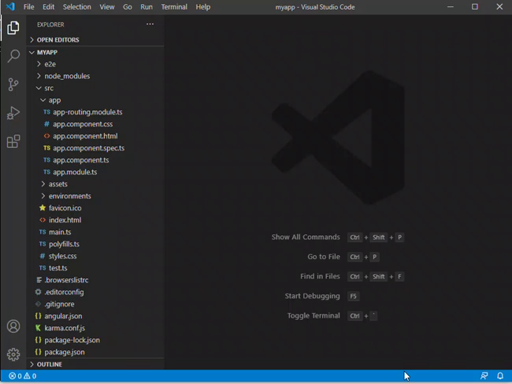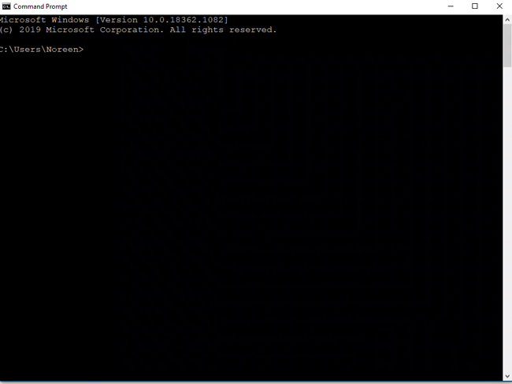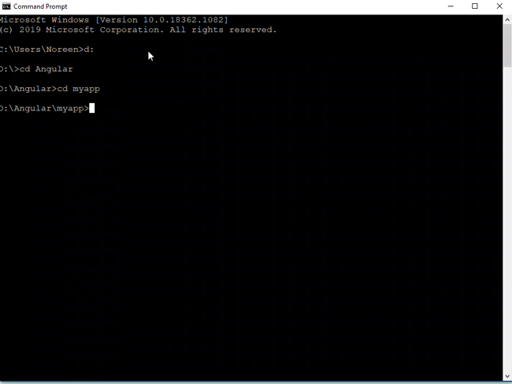Let's open another terminal, the Windows terminal. To do that, let's go to our application folder, my app. And what's the command to build and launch? ng serve. Now let us wait until Angular finishes building and launching our application before we proceed with our next step.